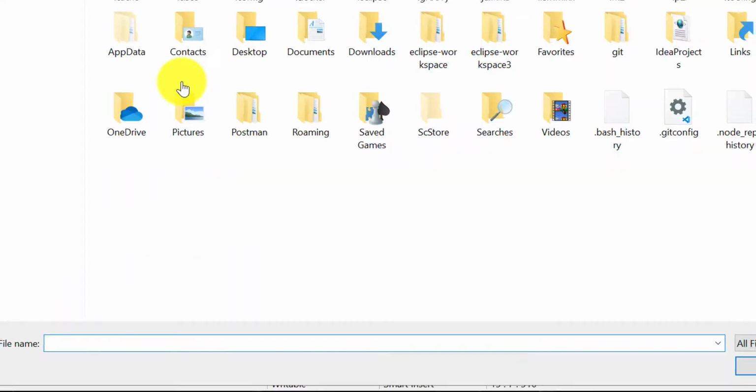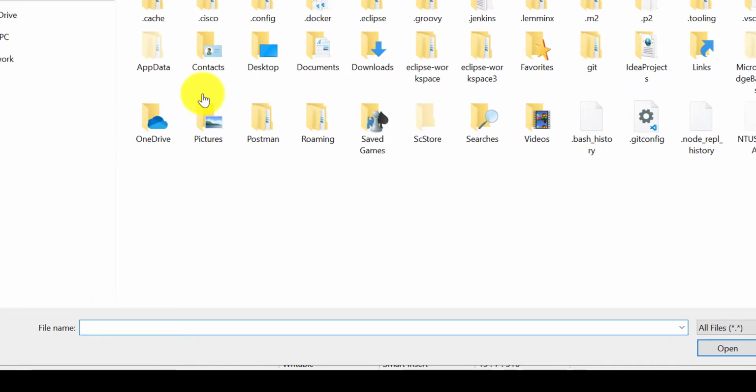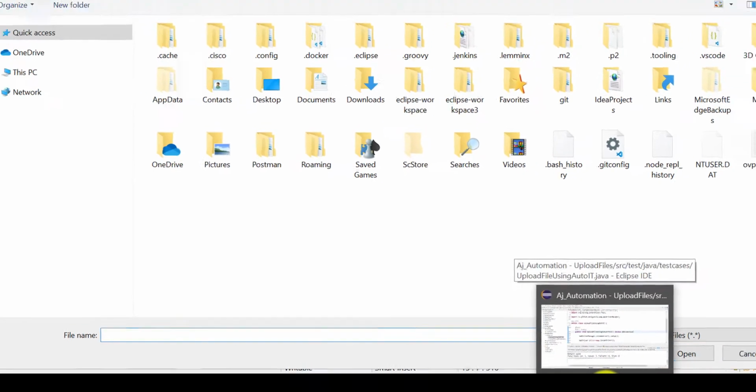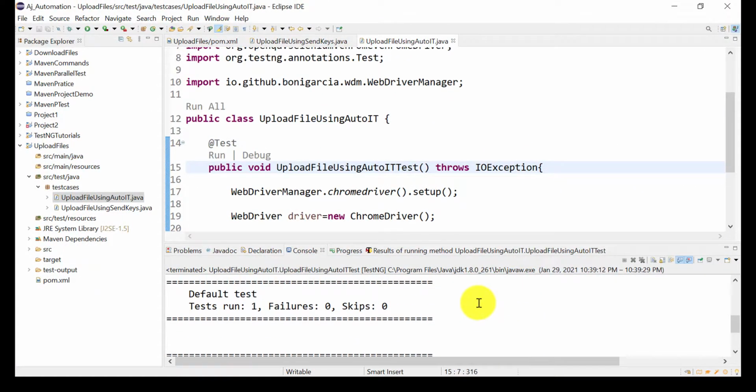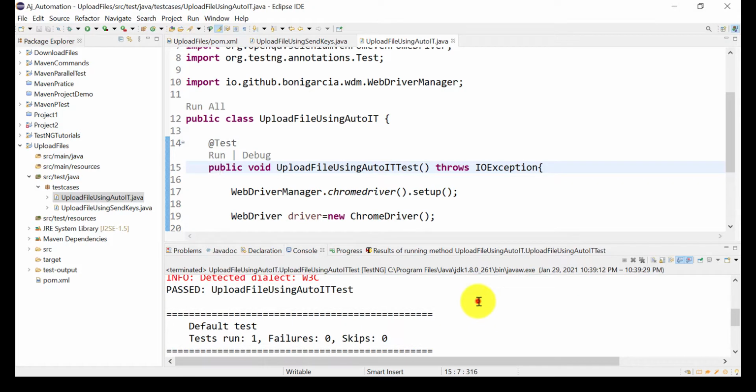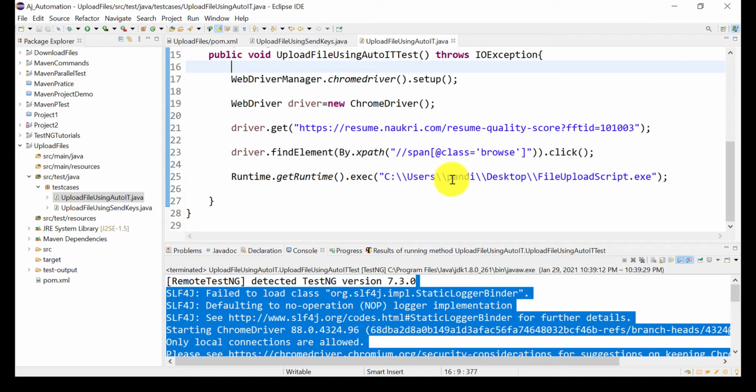Then second step, and the AutoIT script is running now. Has it run or is there some issue? Let me check. But it did not upload the file, right? So what is the issue here? The file is correct.